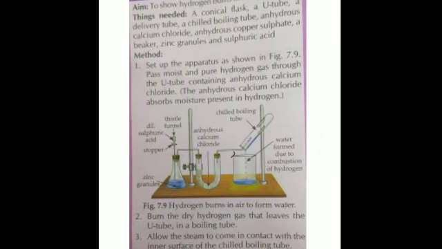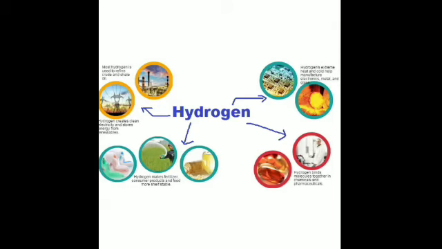Then what are the various uses of hydrogen? So hydrogen has several uses, that is, it is used in the preparation of vegetable ghee, that is vanaspati ghee, then it is used in the cutting and welding of metals, and in the manufacture of various compounds like ammonia, hydrochloric acid, methane, urea. It acts as a good reducing agent. Then it is considered as a future fuel also. What are the various properties that are making it a good fuel?